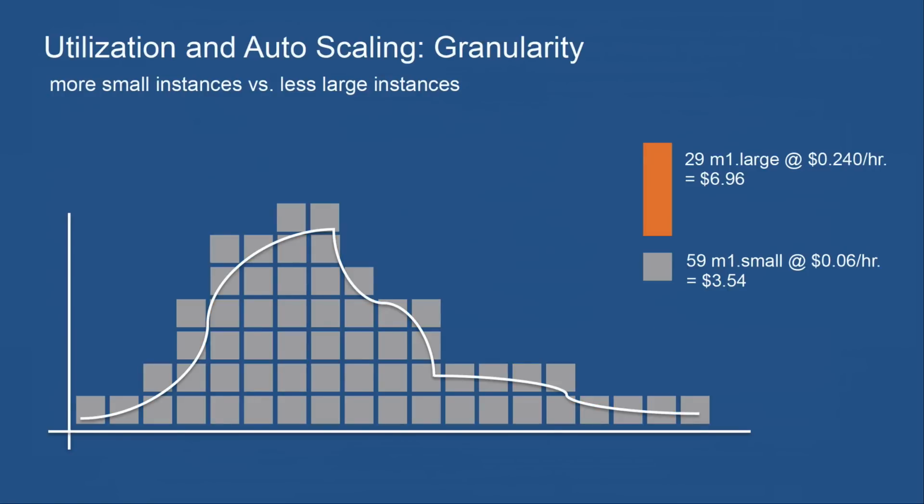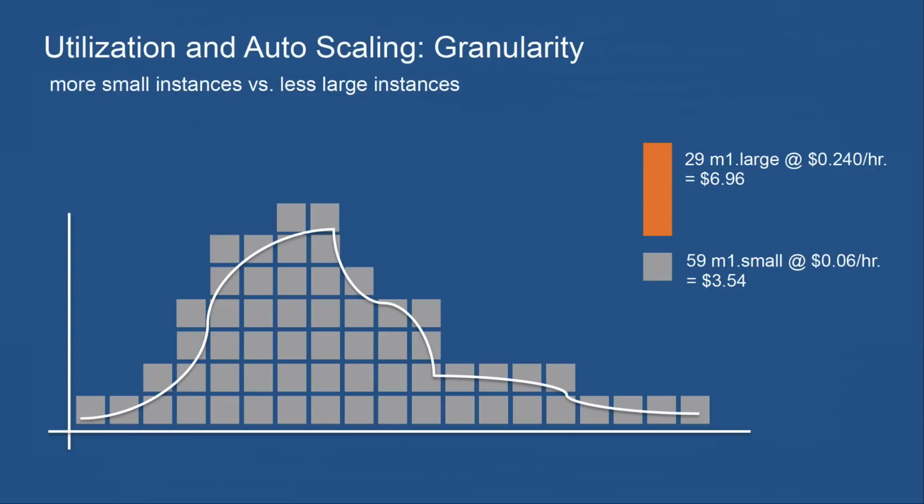And there's a significant cost benefit to be gained if you use smaller instance types in your auto-scaling groups, because it allows your capacity to more accurately reflect the amount of demand that you have. So you're more accurately matching capacity against the metrics that you're seeing from CloudWatch. And here you can see that same workload is being serviced with M1 small instances. Sure, there are more instances, but there's also less underutilization of instances, and for that reason the dollar cost of running the workload with this smaller instance family is significantly lower, and you can see the cost comparison there at the top right, $6.96 versus $3.54.